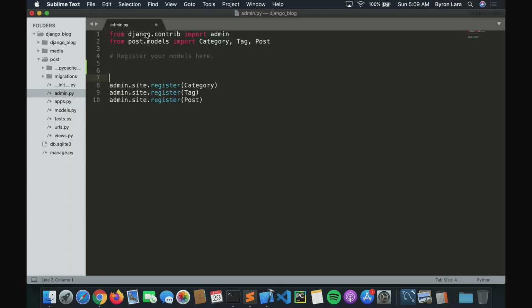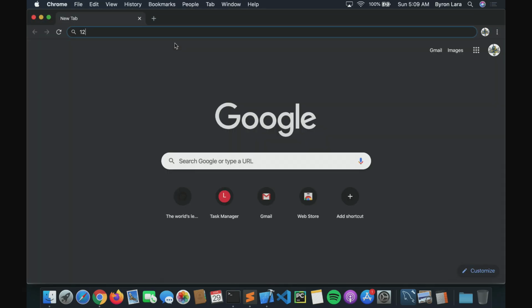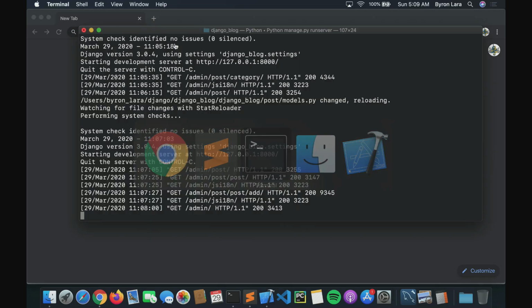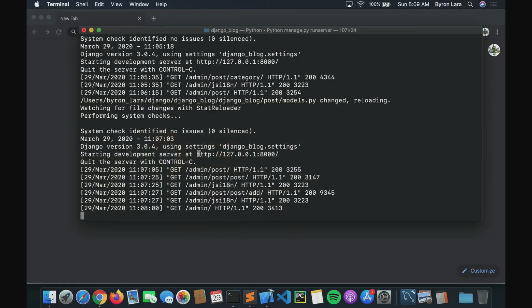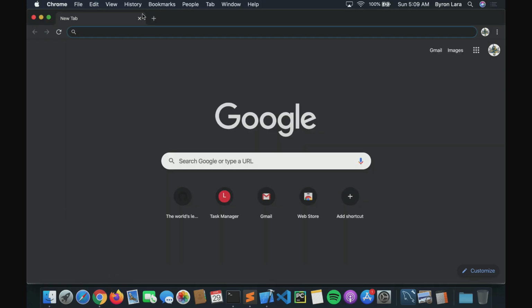Oops, I just closed that. Yeah, why did I open Chrome? Anyway,